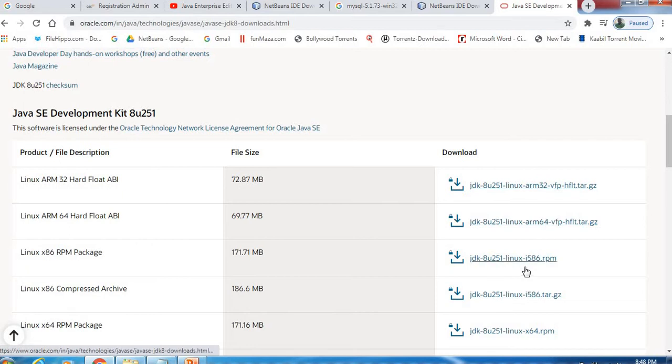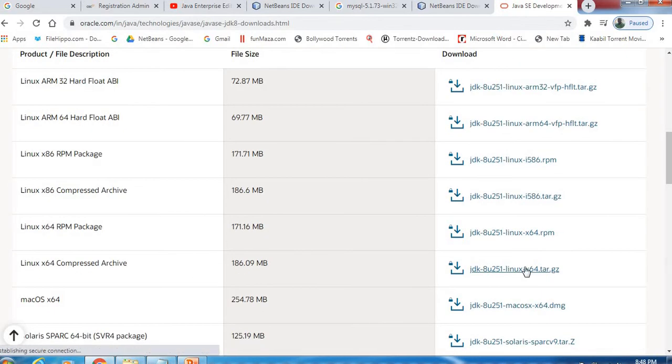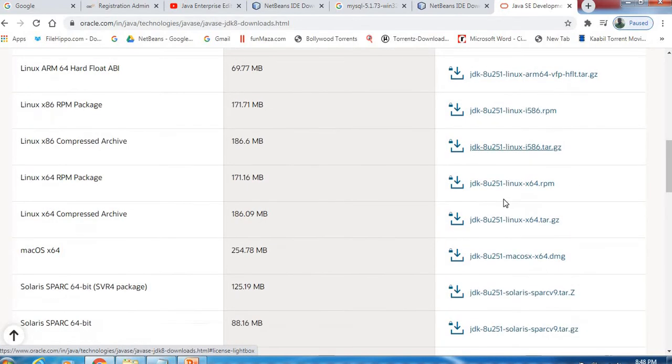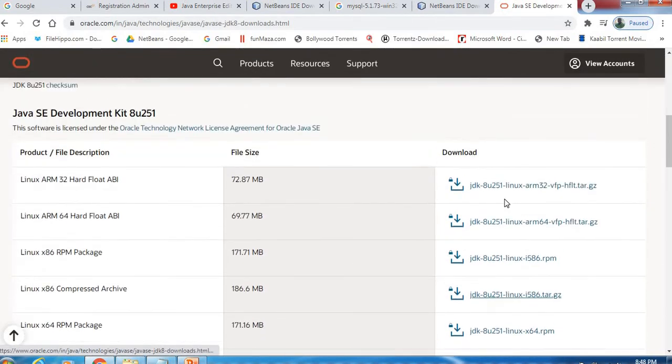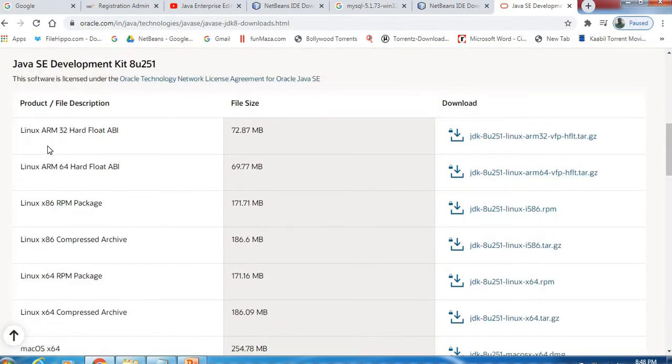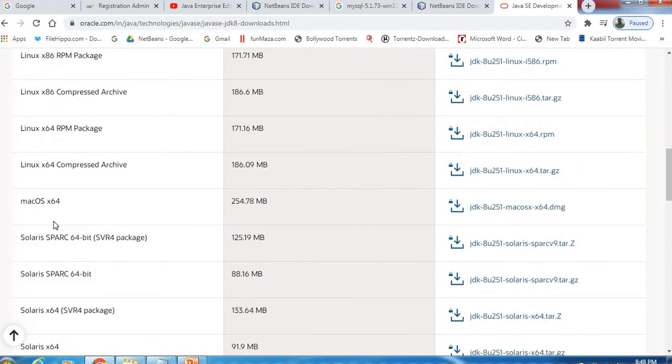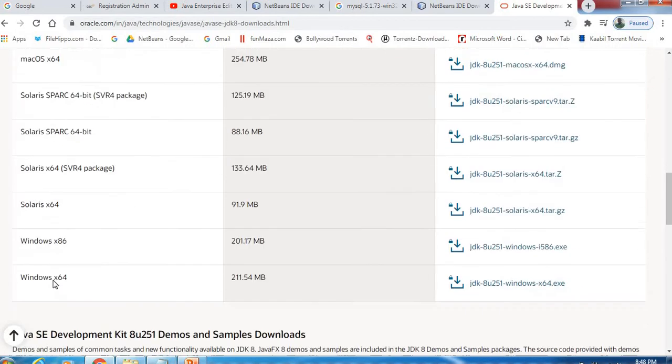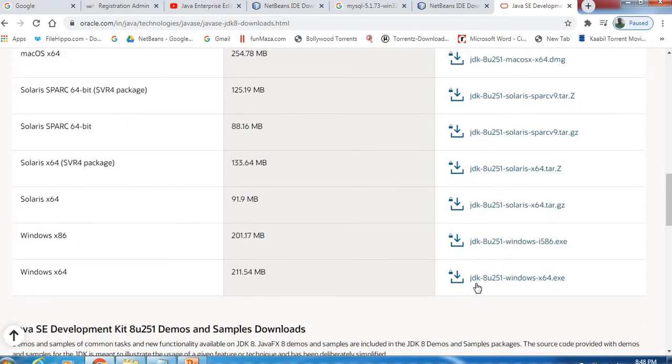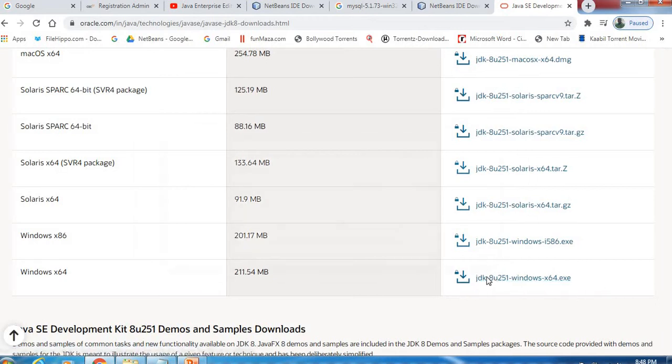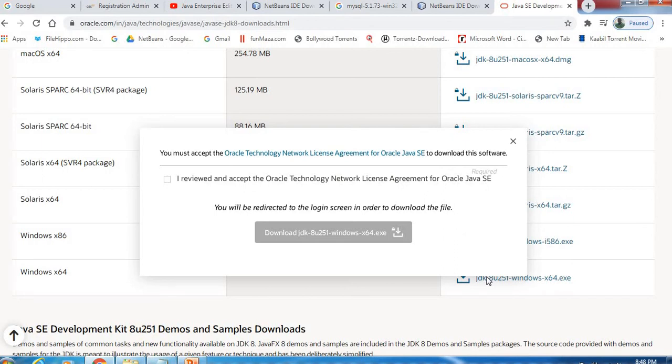All the links are given here. Use this JDK 8u, which you can use for the Windows operating system. This one is for Linux, Mac OS, then Solaris, and here is Windows. You can choose this file and click on it for download. So we will select this and click on download.